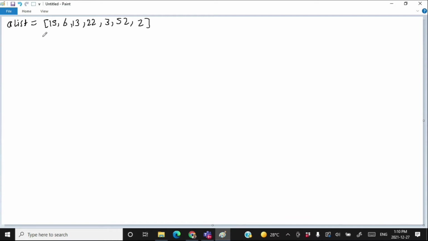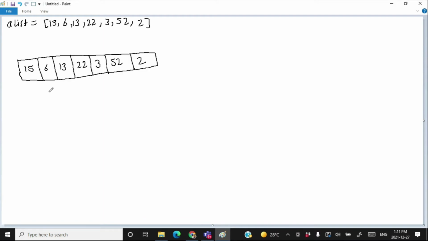Now how to approach it? To approach this list, let's write it somewhere else. Let's write it here. So what we are going to do here is, let's set a variable i at index number 1, not at 0. Set the variable i at index number 1. So we need to write here i is equal to 1 because i has been set to index number 1. Then set j as 1 less than i, that is i minus 1. So wherever the i is, j will be set 1 less than i.